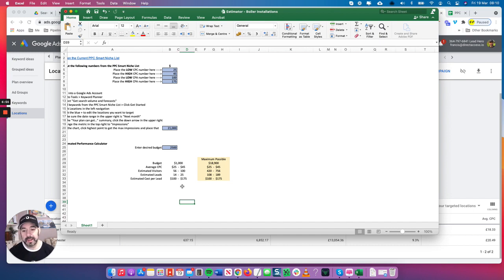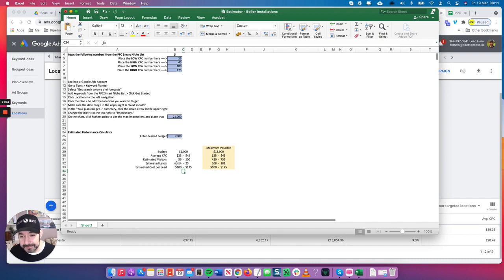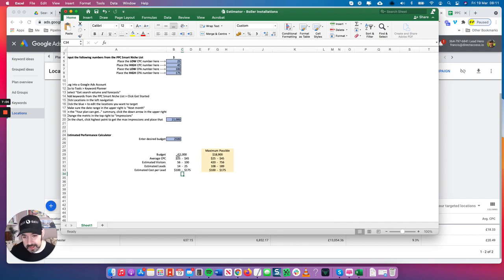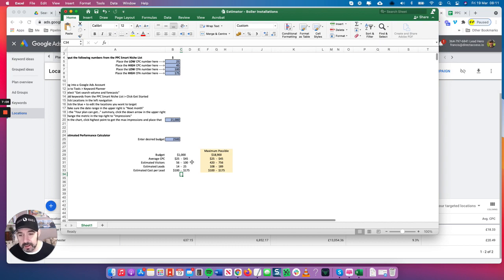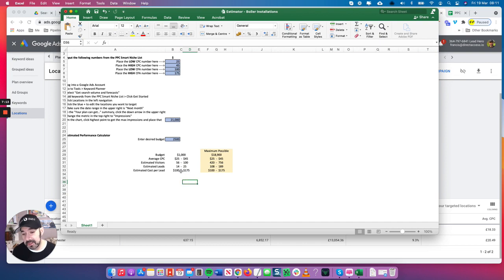So, you could factor in it's probably around 100 pounds. And so if you were to spend $1,000, let's just say 750 pounds to 1,000 pounds, your estimated leads might be around 14 to 25. It can fluctuate. Okay, but the total market size actually is only around 20,000 anyway. See this 21,000 here. So it's really around $18,000.